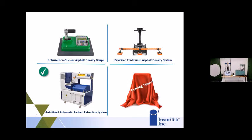If you guys can just hang in there with me a little bit longer, I promise this won't take too much longer, and then we'll get to that brand new product from Instrotek that I think anybody that works in an asphalt lab will really want to know about. We'll continue with the